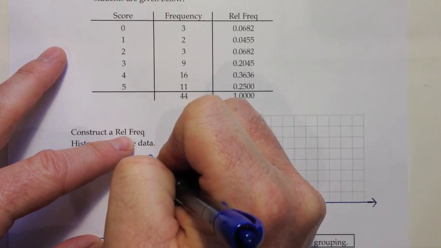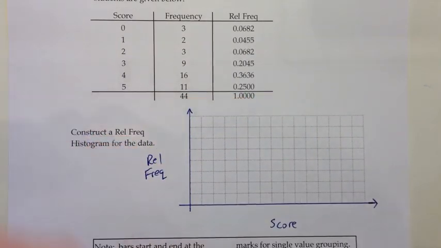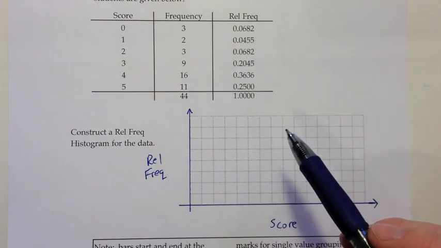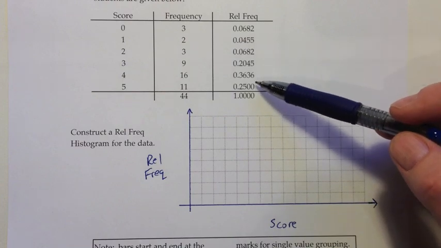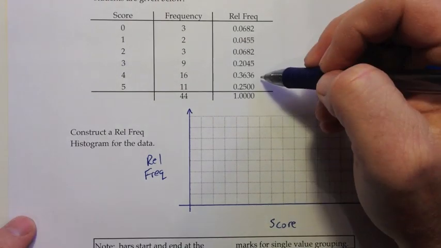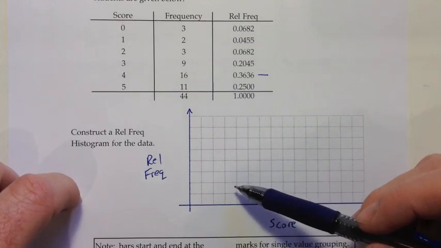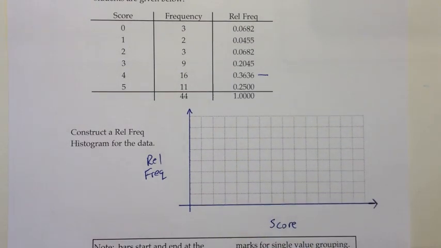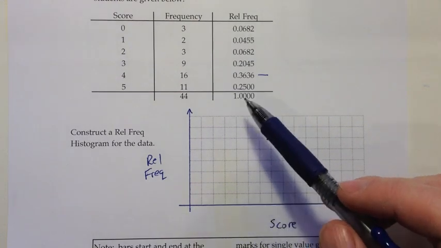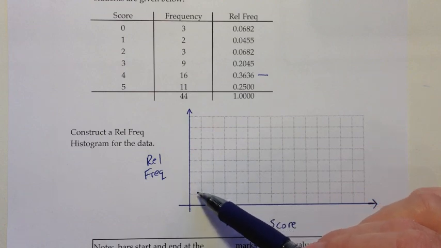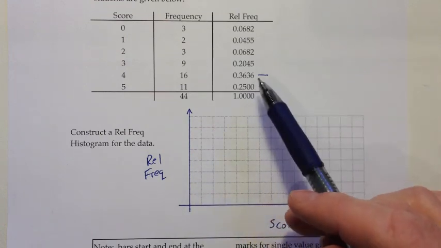And then we want to think about what would be a good scale or numbering to put on that. So let's go ahead and do the relative frequency first. The trick there for me would be to always look at the largest relative frequency, which in this case is this 0.3636, and think about trying to make sure that goes more than halfway up the vertical and that I've chosen a nice numbering scale for that. So what I want to do is count the squares. 1, 2, 3, 4, 5, 6, 7, 8. I have 8 squares to work with,